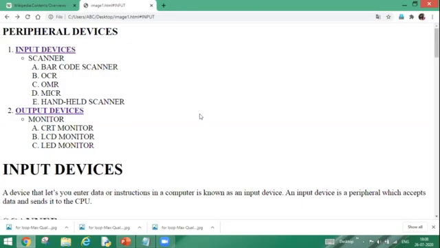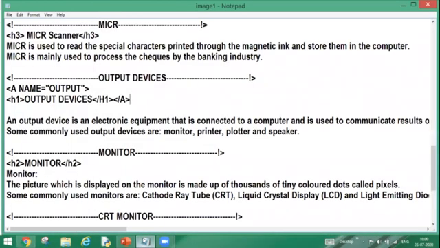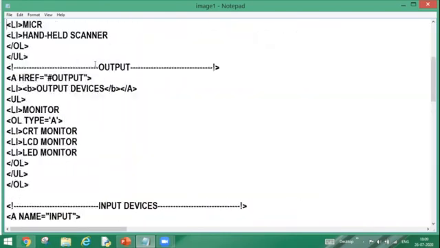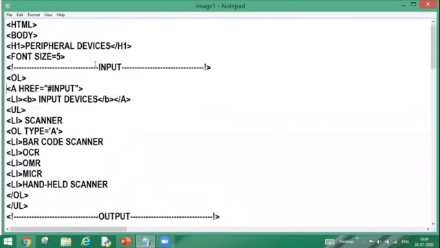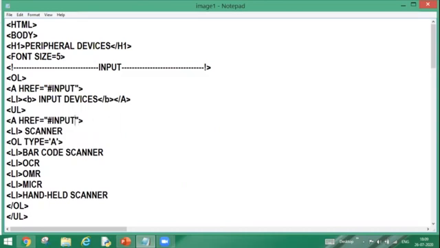So now let's move on and let's create the internal linking for each and every section of the web page. So let's move back. Now we can do one thing, that we can copy the same code for different sections. Control C. Like I wanted to create this link for the scanner also. So I can write here scanner, right? And after this, I can close it.